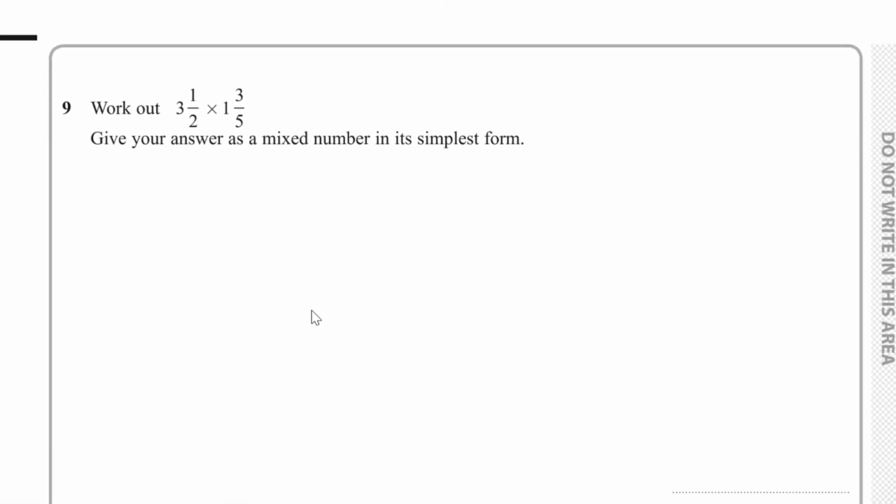Question 9, we have to work out 3.5 multiplied by 1 3/5, and we have to give our answer as a mixed number in its simplest form. The first thing we can do, we can rewrite these numbers as top-heavy fractions. So if we do that,